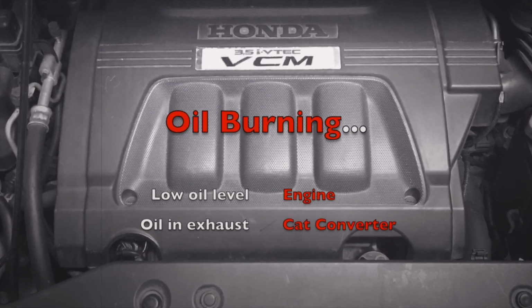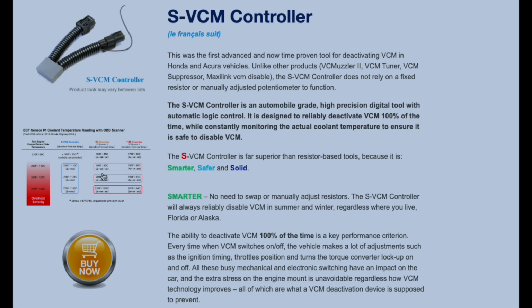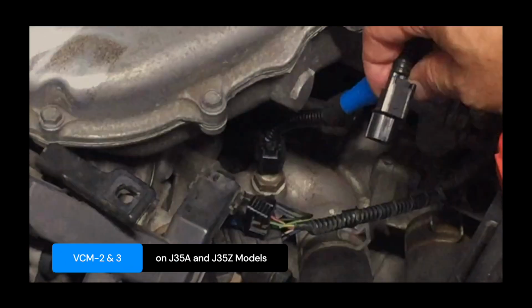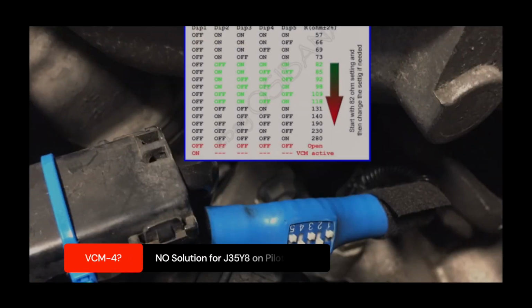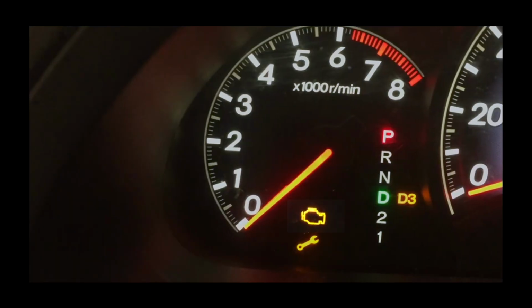To sidestep VCM issues, consider a VCM muzzler. A $25 no VCM on eBay would do the trick, but there are other options with automatic adjustment based on the climate. This simple mod will disable VCM2 on J35A and J35Z models. However, there hasn't been an easy solution on J35Y except to trigger a check engine light for VCM4 not to be